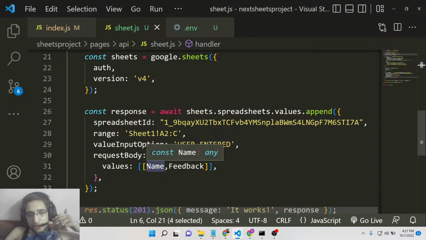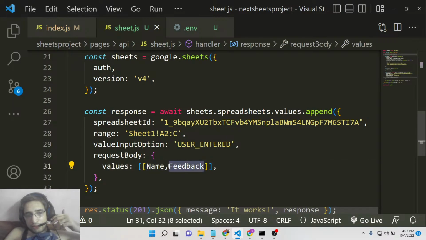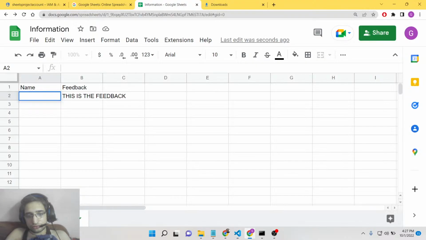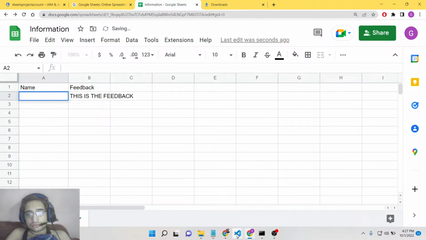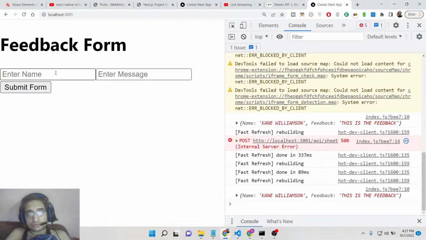So here you can see we are inserting the name comma feedback. So if you insert and again here,